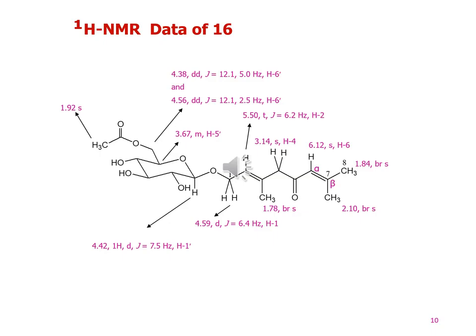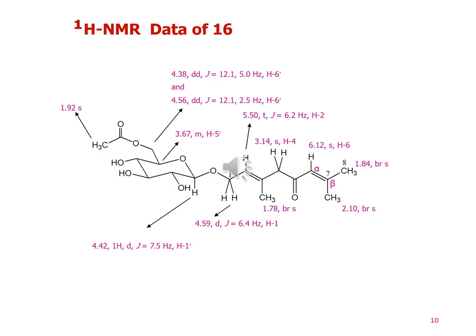A methylene group adjacent to the double bond at δ 3.14 has 2 protons and shows a singlet for proton 4, and 3 methyl groups on the double bond at δ 1.84 have 3 protons and show a broad singlet for proton 8, 2.10 for 3 protons shows a broad singlet for proton 9, and 1.78, 3 protons, shows a broad singlet for proton